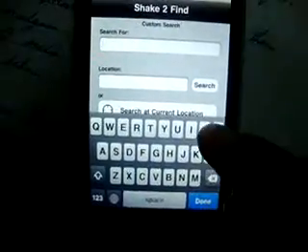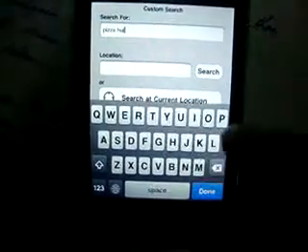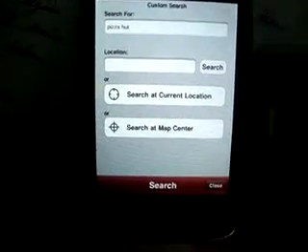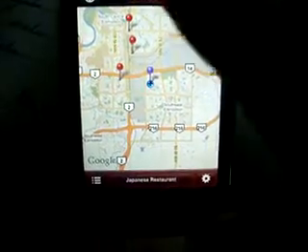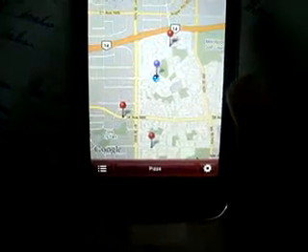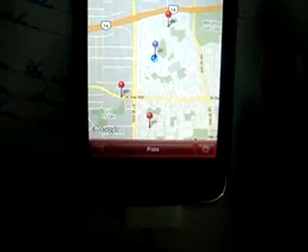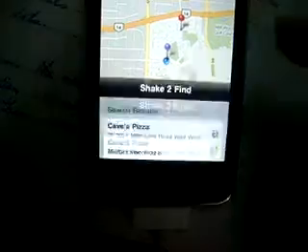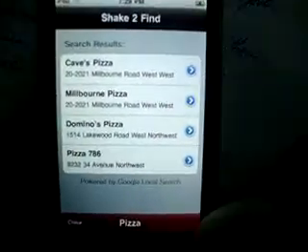You can go to custom search. You can search for the things that you want. I want Pizza Hut. Maybe it shows me. Let's say Japanese restaurant, whatever. Pizza again. So this is the list of all the pins that have been dropped.